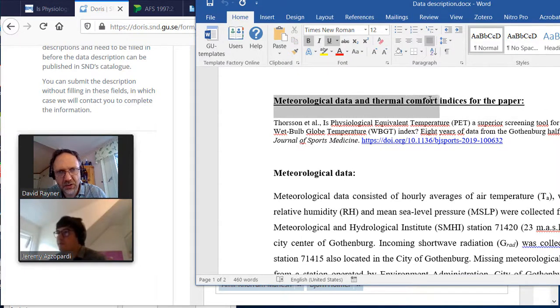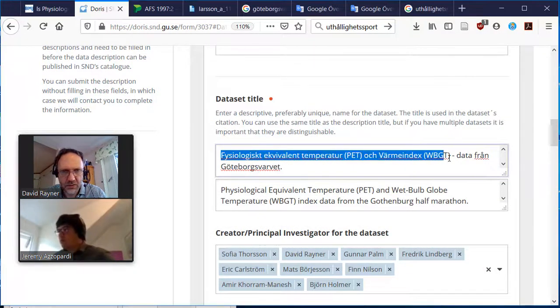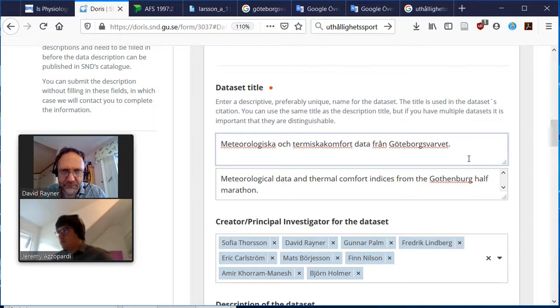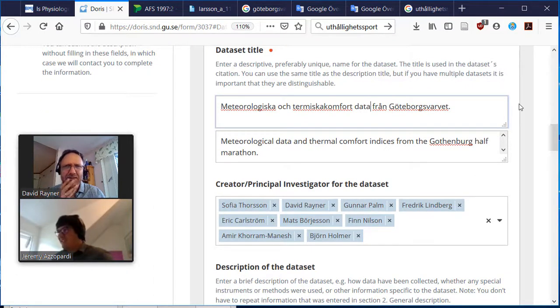I'll just put it in. Meteorological and thermal comfort indices from Göteborgsvarvet. Okay, I will take that one for now. Someone can fix my spelling later. That's the good thing about this going to